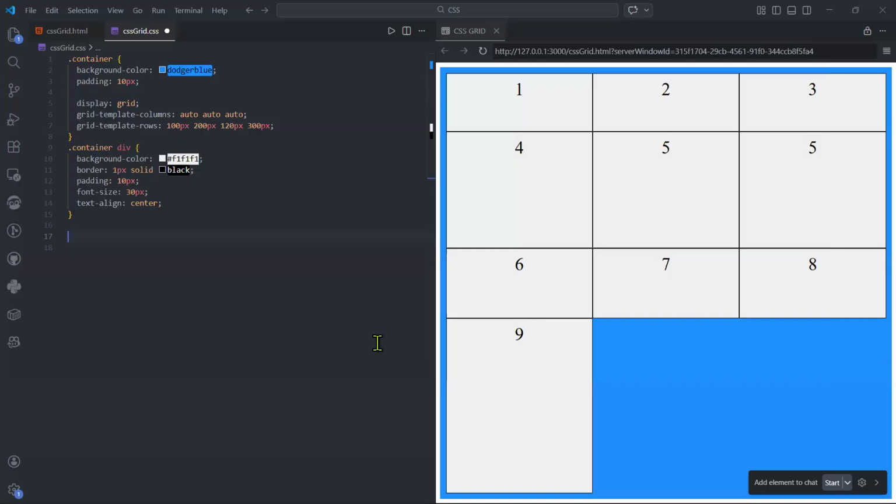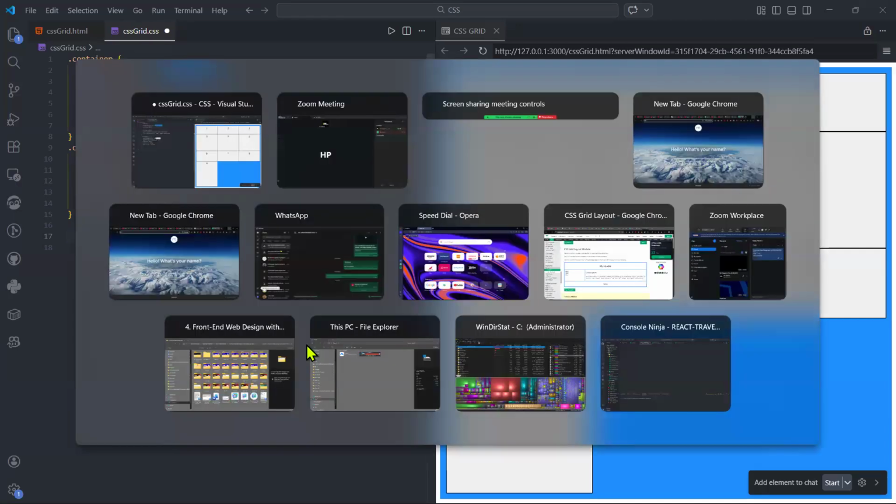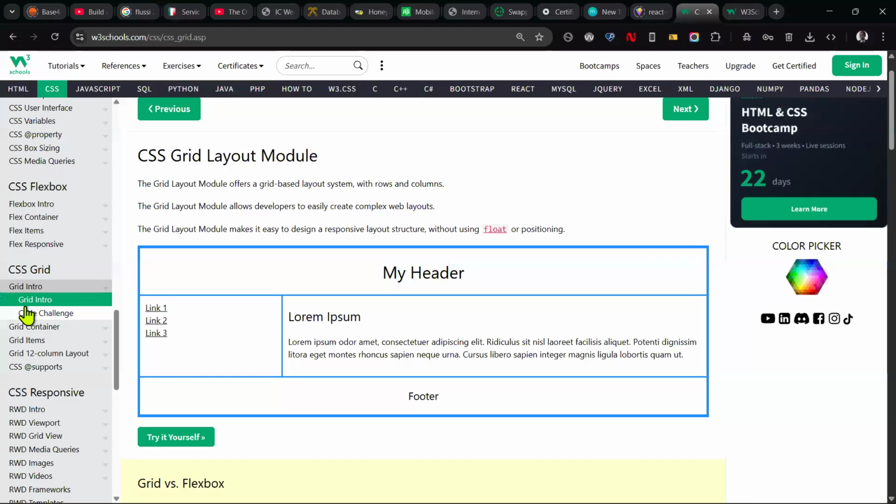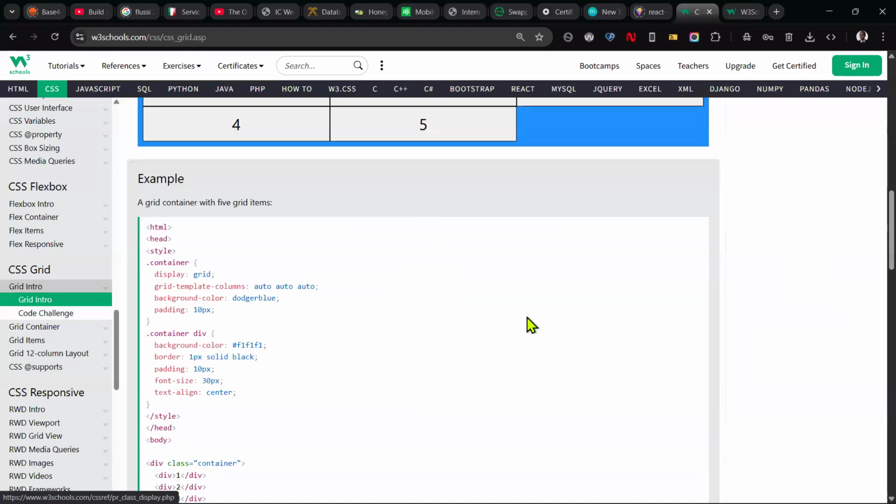Okay. So I think last Friday, right? We left off on CSS grid, and if I could remember, we stopped here. We were from the introduction, and then we went to